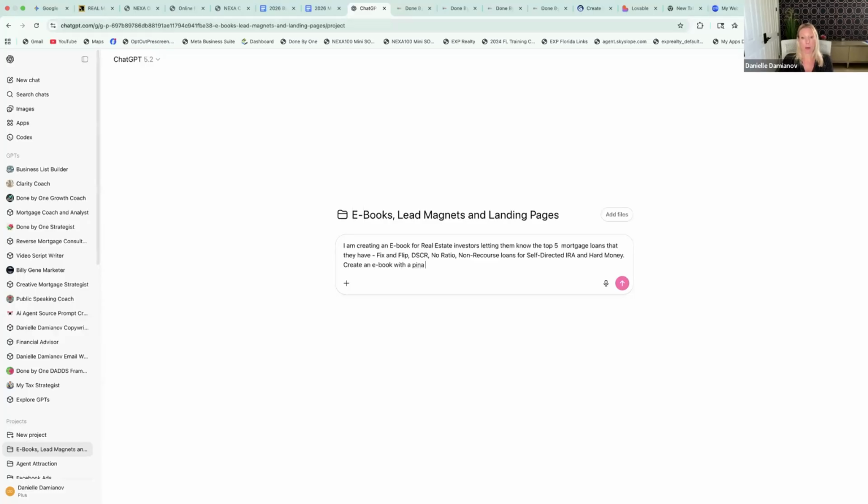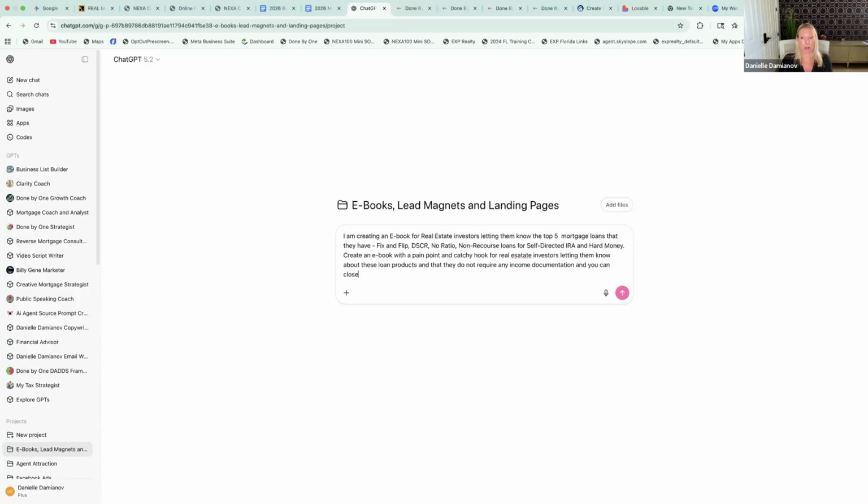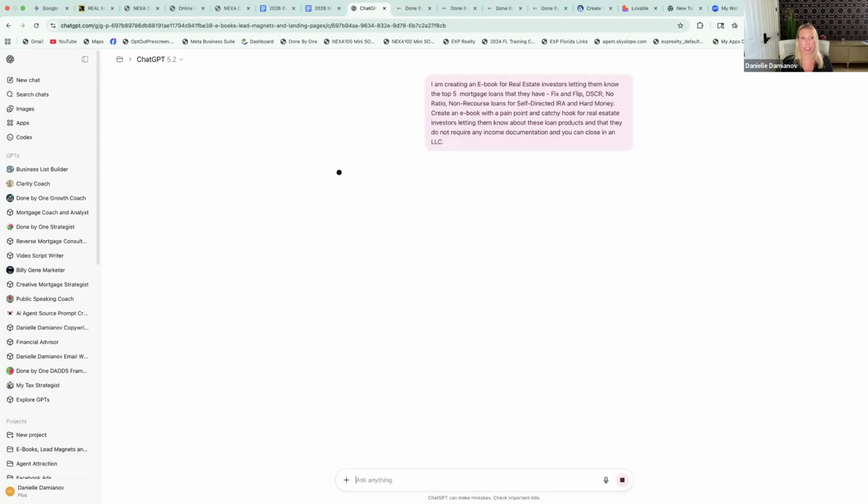With a pain point. We always want a pain point, right? And a catchy hook for real estate investors, letting them know about these loan products and that they do not require any income documentation and you can close in an LLC. Okay, so now ChatGPT is going to create this for us, and then what we're going to